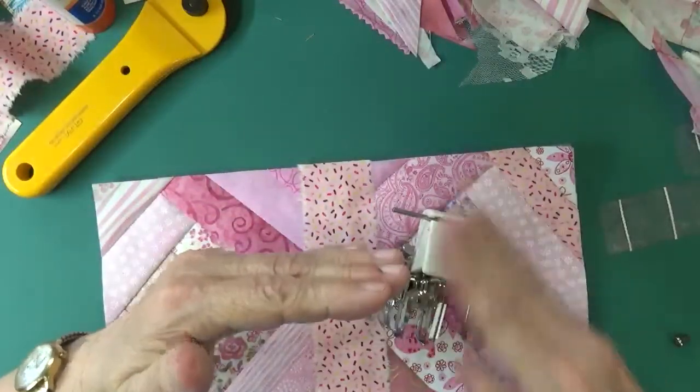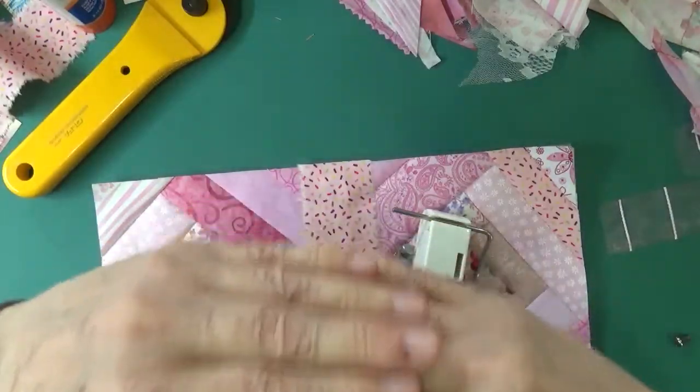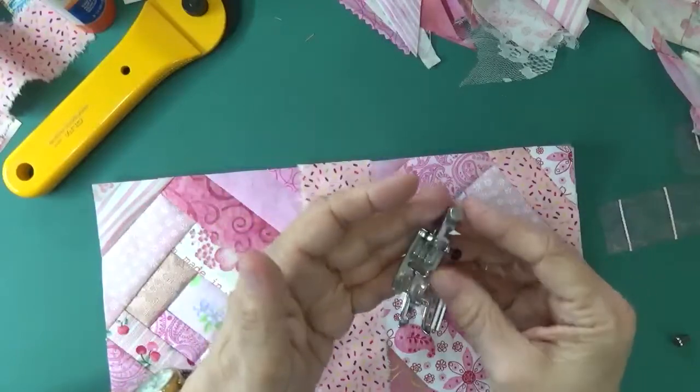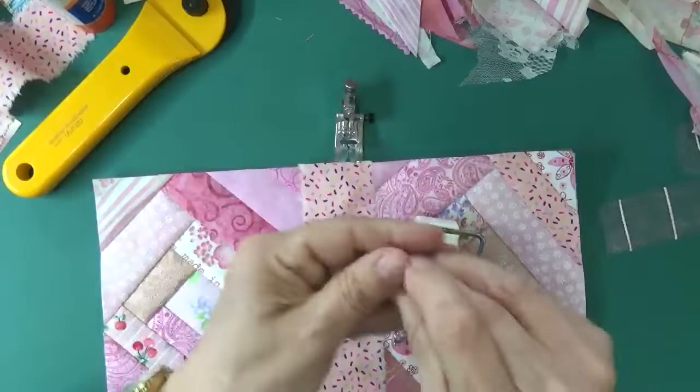That way you don't get the fabrics going off. They go together, and it just works better. And this is my regular foot that I have been using, so I'm just taking this off and replacing it